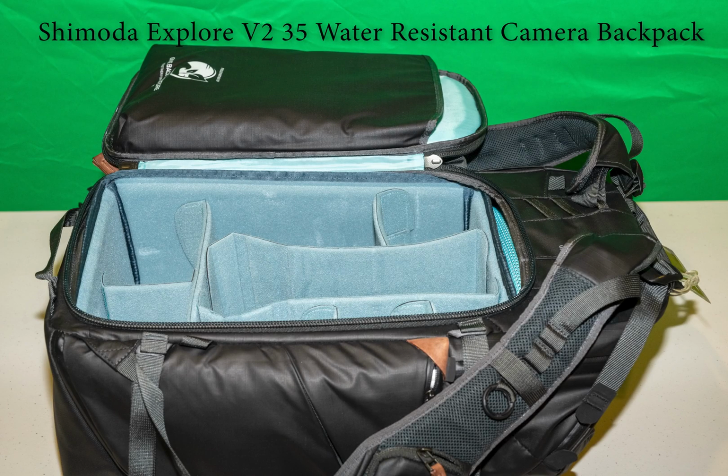Since I was bringing a lot of camera gear, I bought a larger camera bag. I selected this Shimoda backpack because I thought that the insert would provide good protection for my two camera bodies and four lenses. Once on board the Polaris, I removed the insert and put it in a drawer and was able to neatly